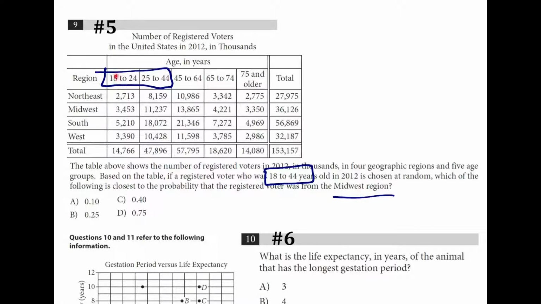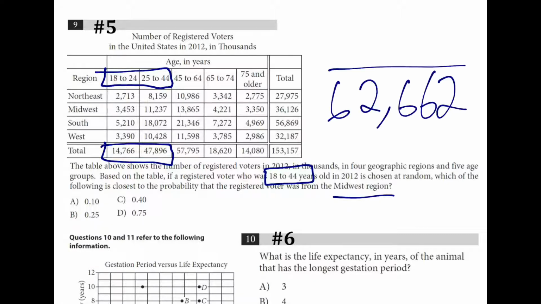But look at our age categories. The first one is 18 to 24. The second one is 25 to 44. So in fact, to figure out 18 to 44, I need to take both of these columns. So first for the total, that's right here on the bottom, I add these two together, and I get 62,662. Now how many of these are from the Midwest? I add these two together, and I get